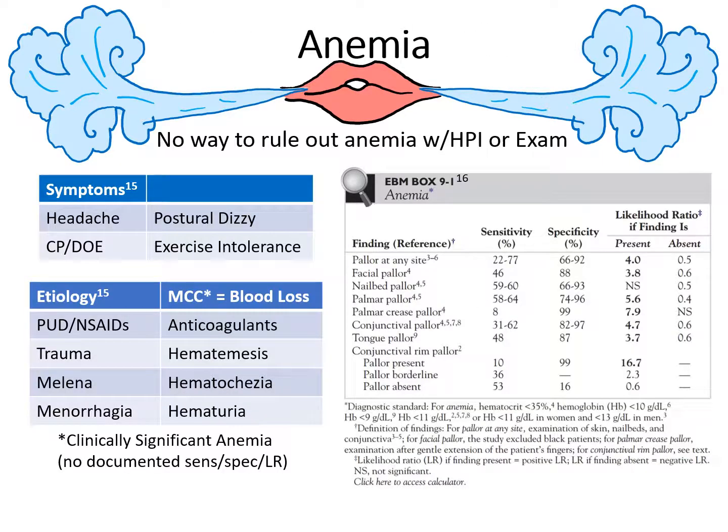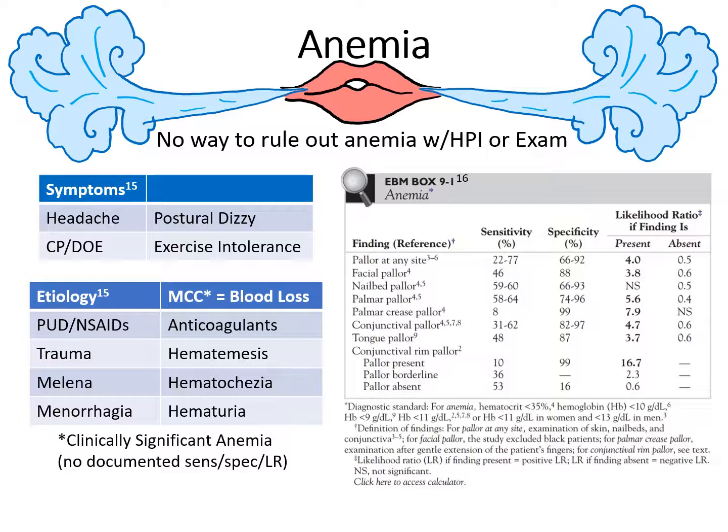There is no way to rule out anemia based on history or examination. However, the resources I found did not single out clinically significant anemia. Many are anemic and do not need interventions, such as blood transfusions. A conservative approach would be to order a CBC on every dyspneic patient, being aware that anemia can be a delayed finding. However, trying to use discernment about who is more likely to need intervention for anemia may be a more